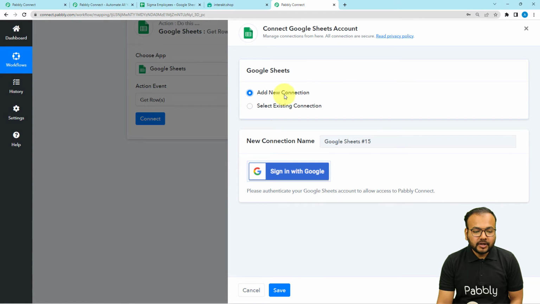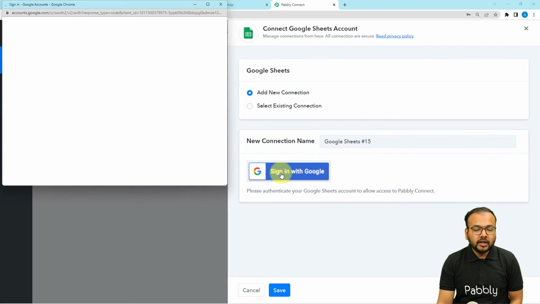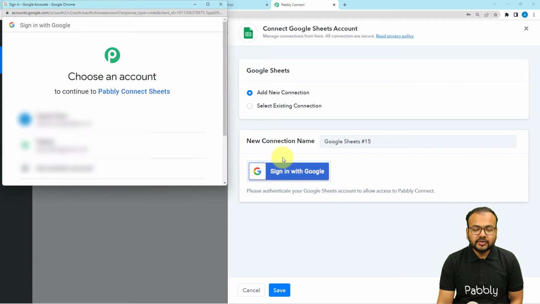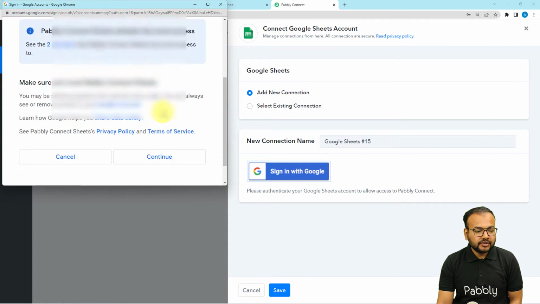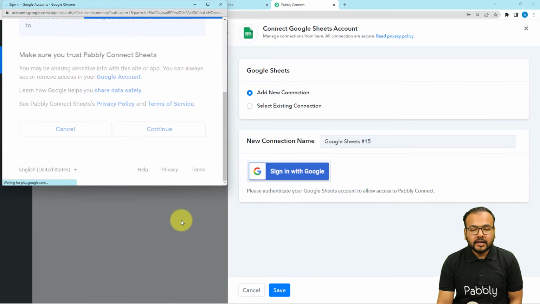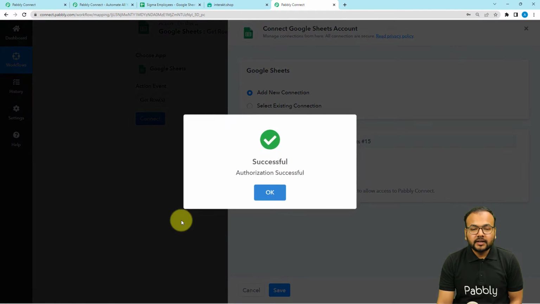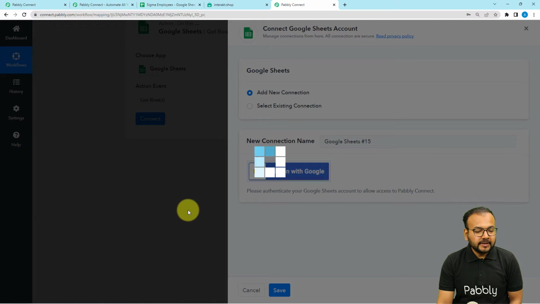From here, select add new connection, then click on sign in with Google. And from this window, you have to select that Google account by which you have created the spreadsheet. Select that account. Okay, then it will ask for some additional access to be given to Pabbly Connect in your Google account. That is completely safe. You just have to click on continue from here and you'll be connected with Google Sheets application. You can see